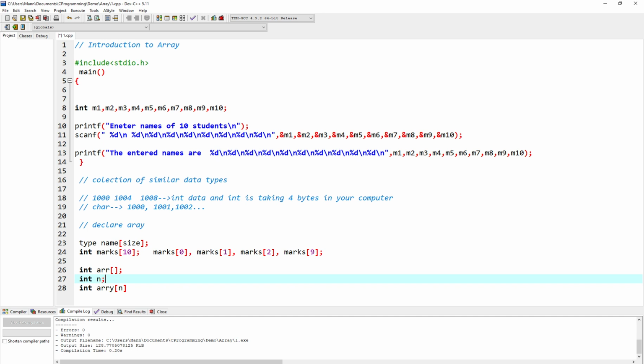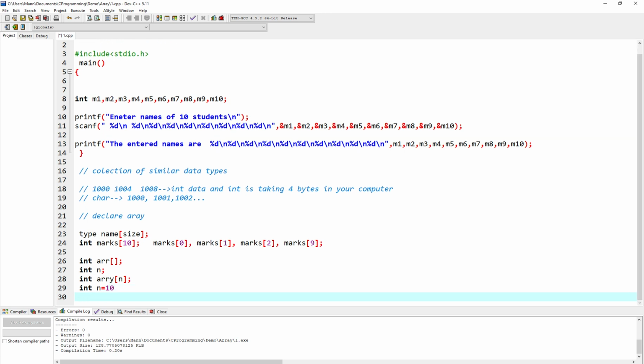This situation is actually not an error, but the result will be very unpredictable. Why unpredictable? For example, suppose we have int n = 10 here, and we have declared int arr[10], right?